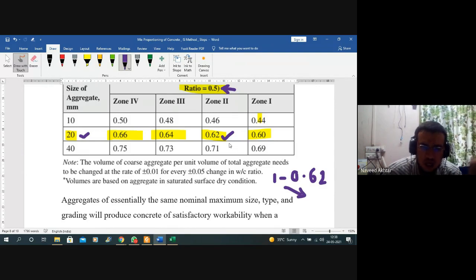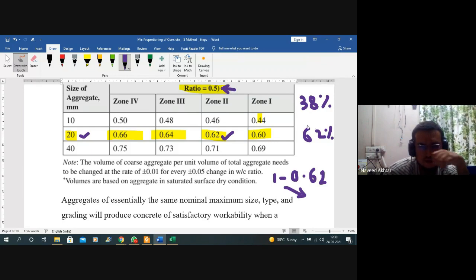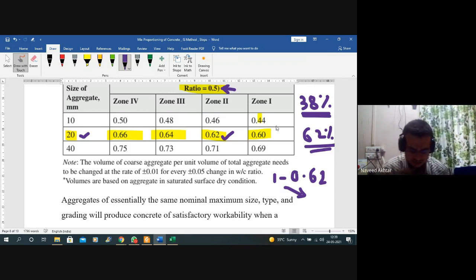If 62% is coarse aggregate needed, then you know 38% you need as fine aggregate, so that the total aggregate contains 100%. You can find out the volume of coarse aggregate in percentage from this table, and after subtracting this percentage from 100, you get 38% for the fine aggregate. Likewise, you can find out the percentage fraction for the coarse and fine aggregate.